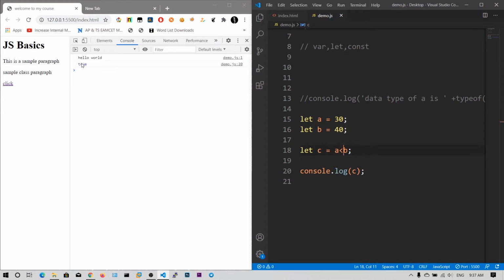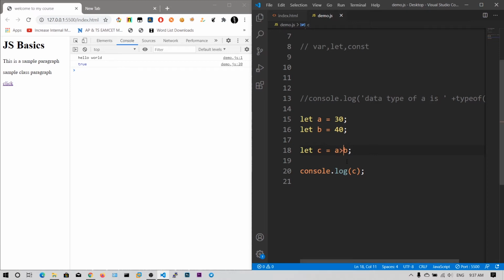So we have got true. This true is the Boolean data type. The Boolean data type contains only two values, either true or false, and that indicates whether the statement is true or false. So a less than b, 30 less than 40, obviously it is true, right? That's why we got the output true.